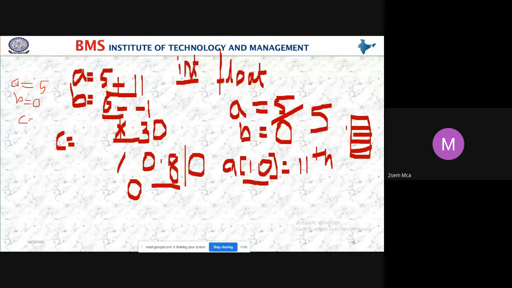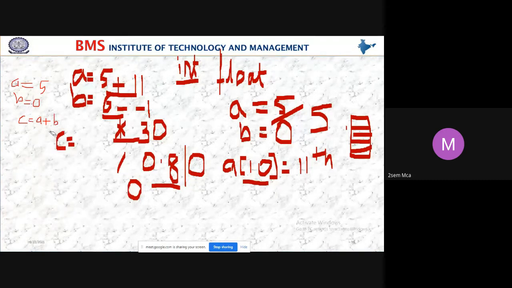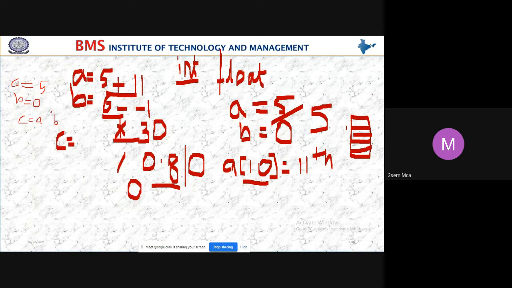So C is equal to A divided by B. The inputs are A is equal to 5 and B is equal to 0.